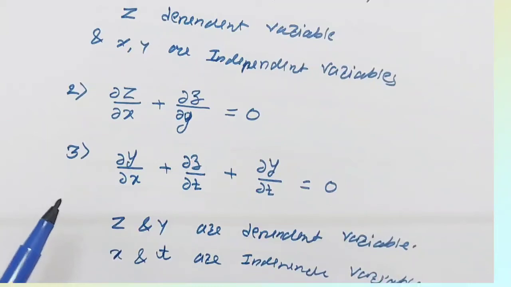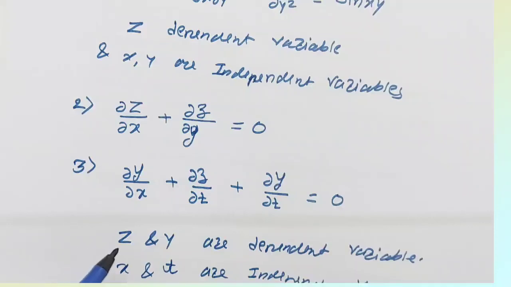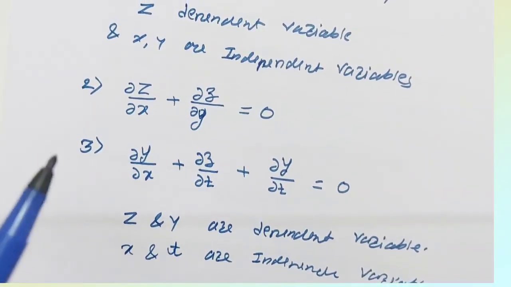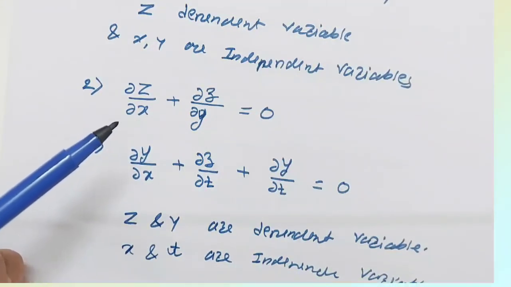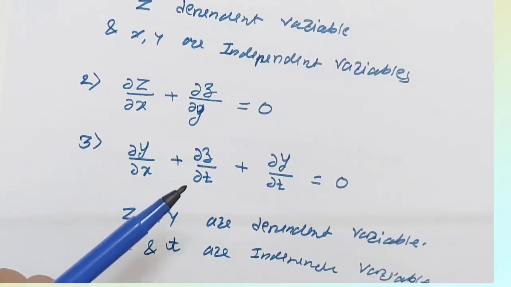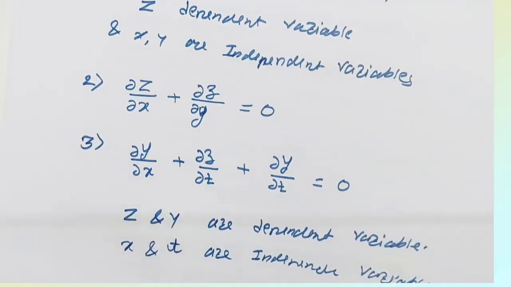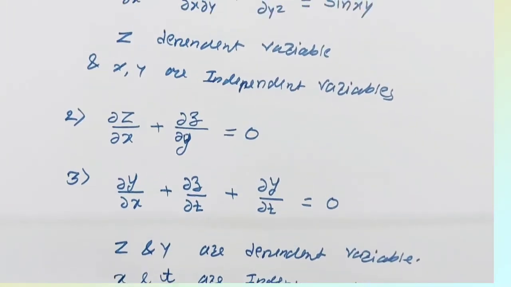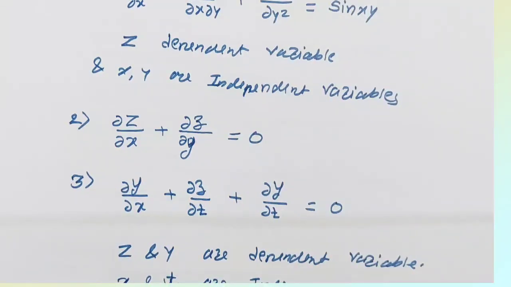So in ordinary as well as in partial differential equations, there is no restriction on the dependent variables. You may take one or more than one dependent variable. The only difference between ordinary and partial is about the independent variable. If our equation contains a single independent variable, then it is an ordinary differential equation. If our equation contains more than one independent variable, then it is our partial differential equation. Now in the next lecture we discuss the order, degree and some examples on order and degree of ordinary differential equations.